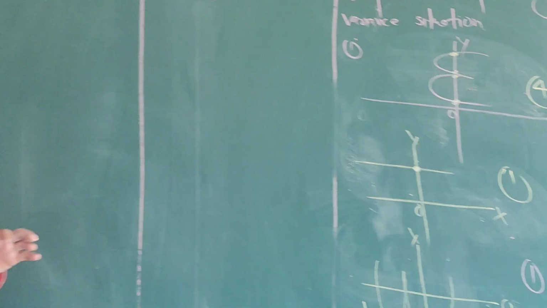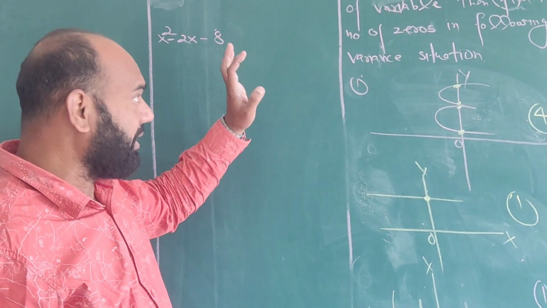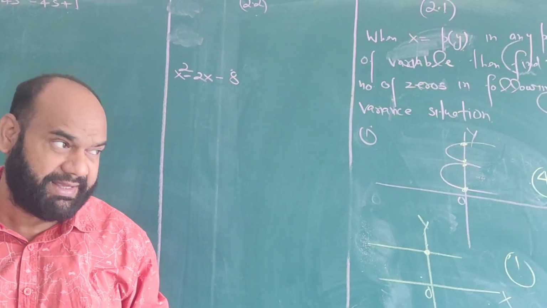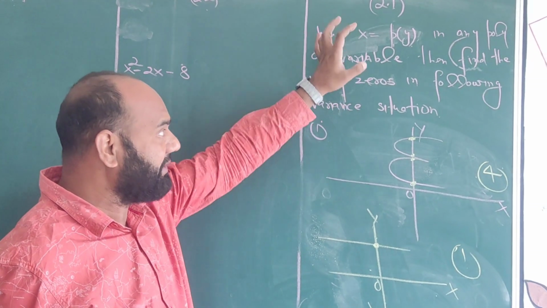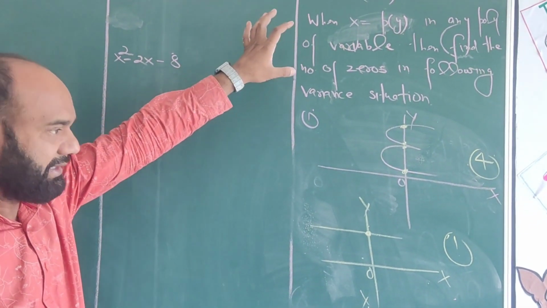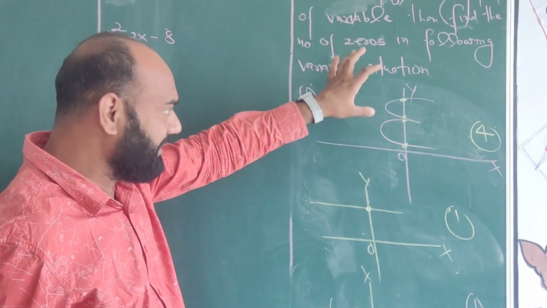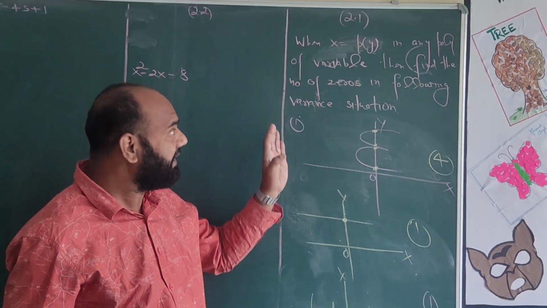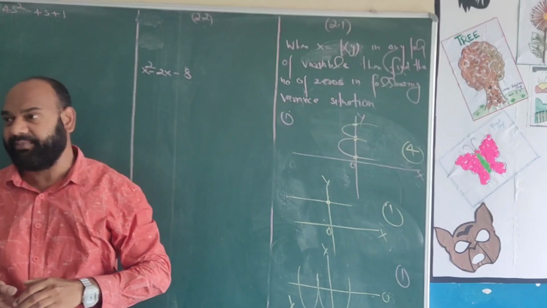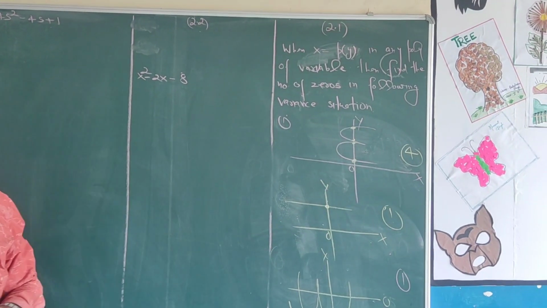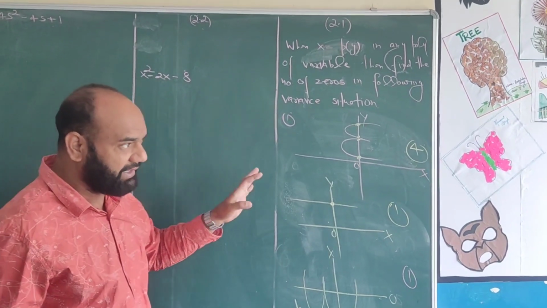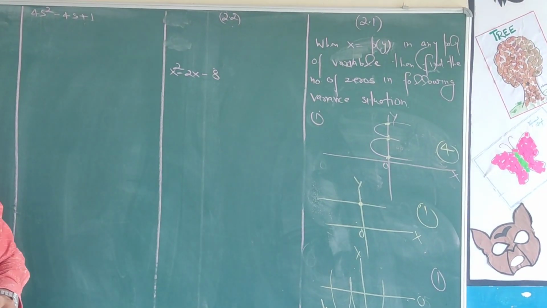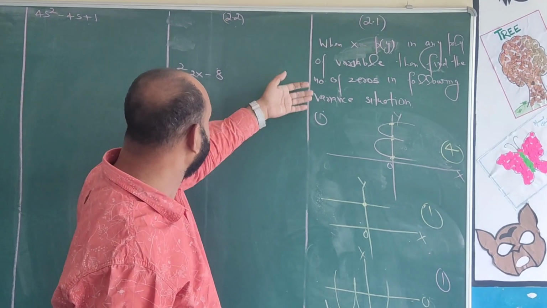It means we can say that the number of zeros depends upon whether the given polynomial is in variable x or y. When the given polynomial is in variable y, then we find the number of zeros by checking the points of intersection of the y-axis and the given curve. And when y is a function of x, then we find the number of zeros by checking the points of intersection or contact of the x-axis and the given curve. So this topic is complete.